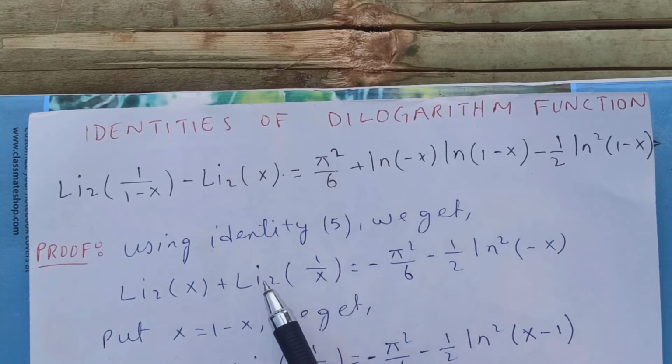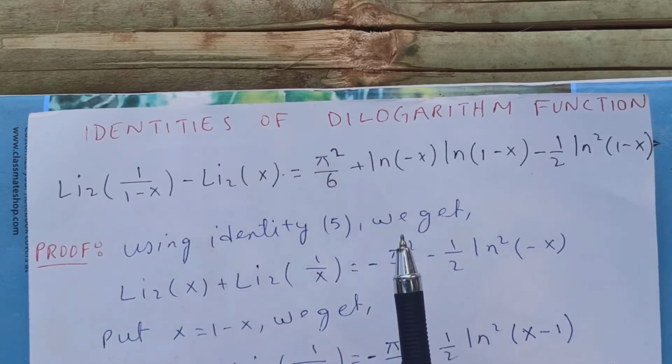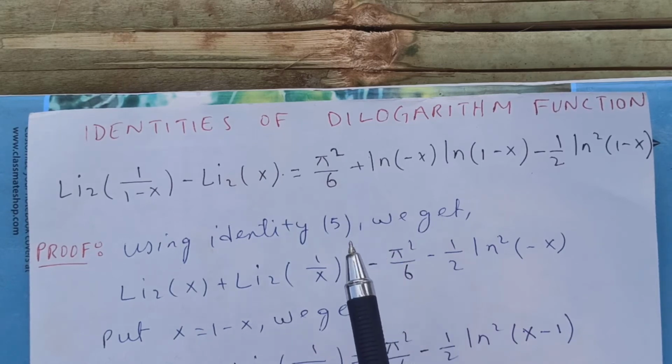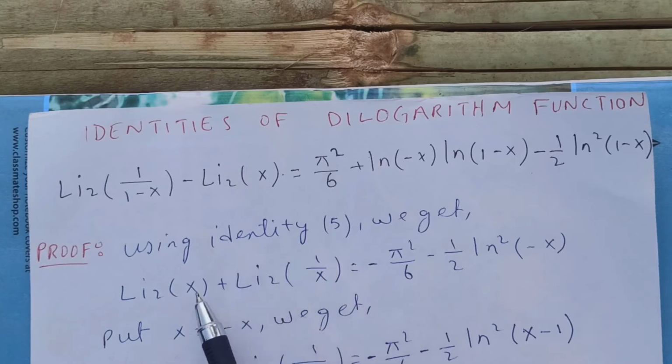that's it. Now using identity 5 that we already did in the previous video, identity 5 says that Li2(x) plus Li2(1/x) is equal to negative pi squared over 6 minus half of natural log squared of negative x. Okay,